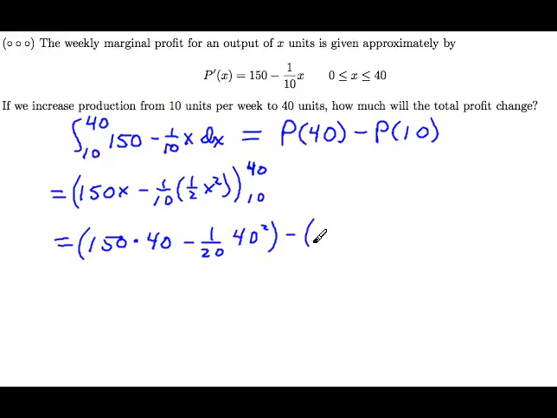When I plug in the lower limit, this would be 150 times 10 minus 1/20 times 10 squared, which is 100. And if I calculate these values, I'll let you do the arithmetic, we end up with 4,425. And again, although they didn't say the units on profit was dollars, I